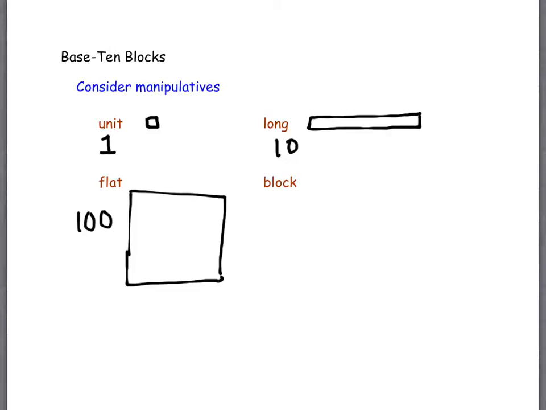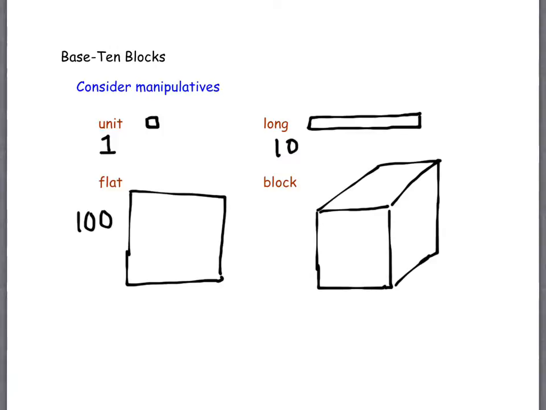A block has a third dimension to it, so I get width as well on that one. And so I get something that looks like that same square that I just had before on the flat, but then I have to make it 3-dimensional. So it looks something like this. So it's 10 long, 10 wide, and 10 deep backwards now, which means it has a value of